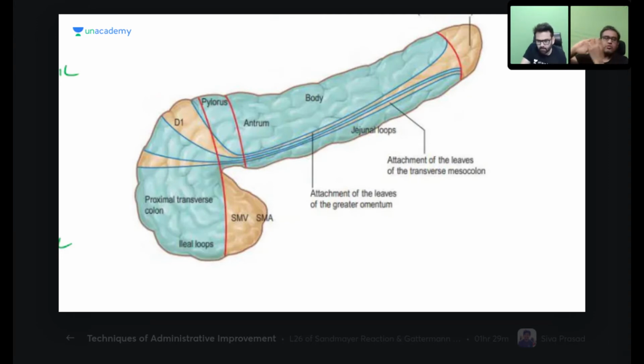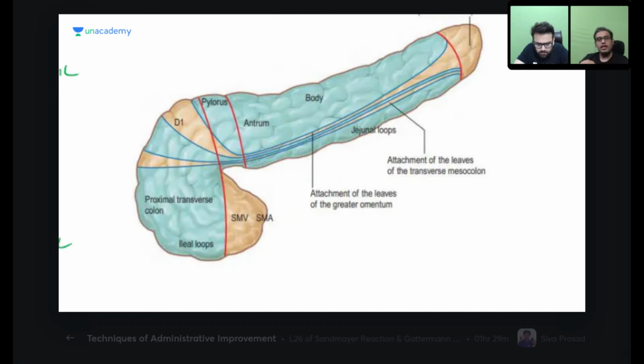Over it, I have my primary retroperitoneal organs like kidney, aorta, IVC, and over it the second layer is multi-layered. I have my secondary retroperitoneal, and over it I have my intraperitoneal. So these are like three strata. One is the base, that is the posterior abdominal wall, then primary retro, secondary retro, and intra. Just remember this: pancreas falls under the secondary retroperitoneal. So in the front of it you have the intra.